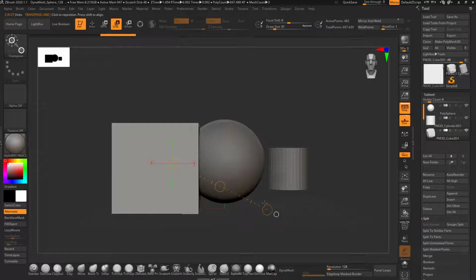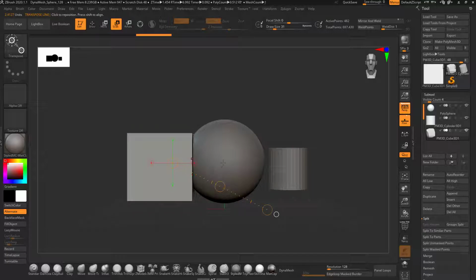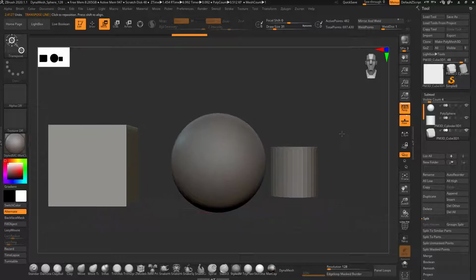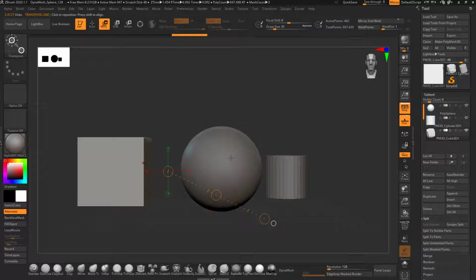I'll just scale it. The shortcut for scale is E. And now as you notice, whichever subtool is selected is highlighted, and the rest are shown in gray. Now you can also rename the subtools. Whatever you want to rename, you just click on Rename and put in a name. So I will just give it the name cube and press enter. That way you can rename and organize your subtool panel.